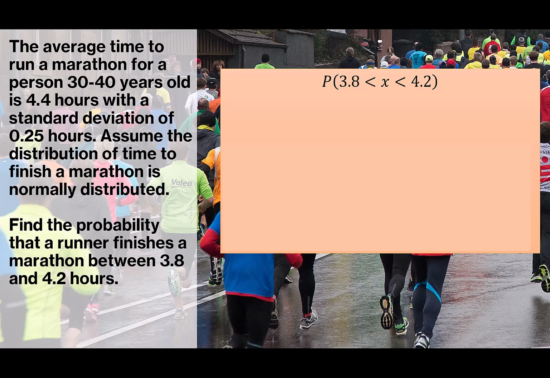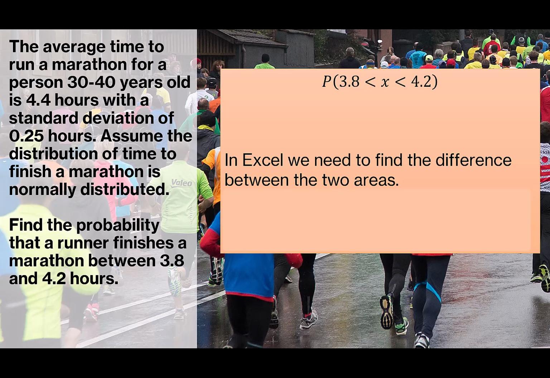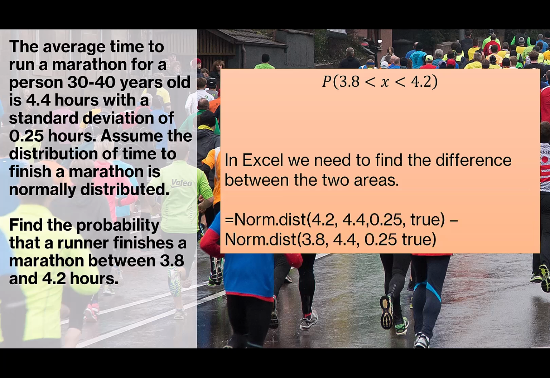So the first thing we're looking at is x being between 3.8 and 4.2. Remember, Excel is doing one value at a time, so when we're given two values, we need to subtract the two areas. We put the biggest one first. So we're going to do norm.dist of 4.2, 4.4 with 0.25, true. Then we subtract norm.dist 3.8 of 4.4 with 0.25. This lets Excel do the heavy lifting of finding each region and then finding the probability that the value is